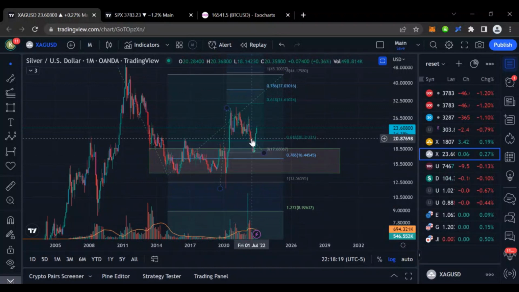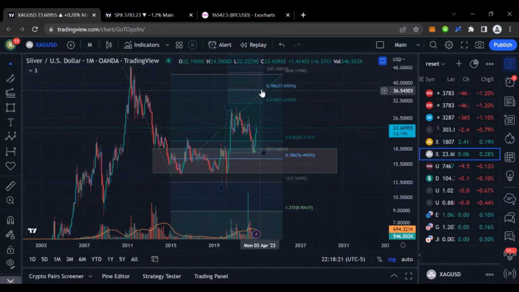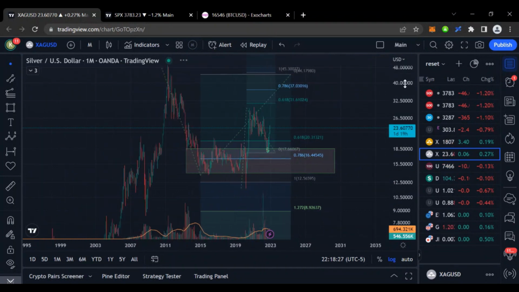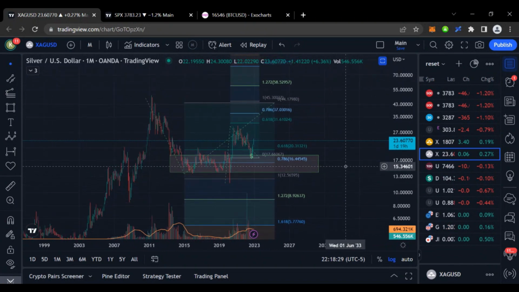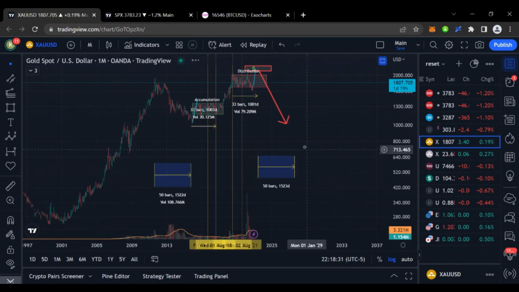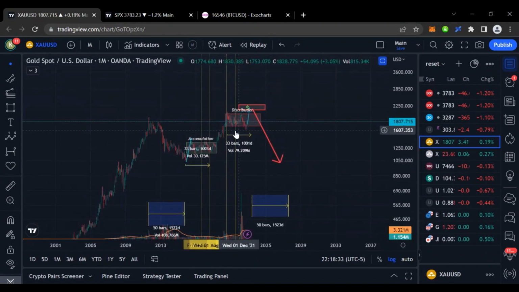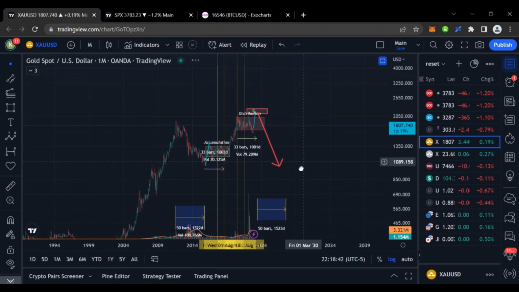If we do see the liquidity get taken above, and then it stays above this consolidation and keeps going up, then there's a problem with the currency, most likely. And the same thing for gold. If we go back to the gold chart, I'm just looking at this as a potential distribution. If it grabs the liquidity above and then keeps pushing up, then it's probably going to go up to 5,000 or something like that,